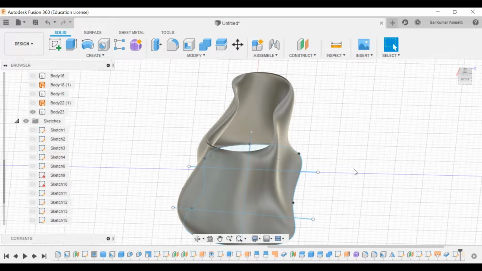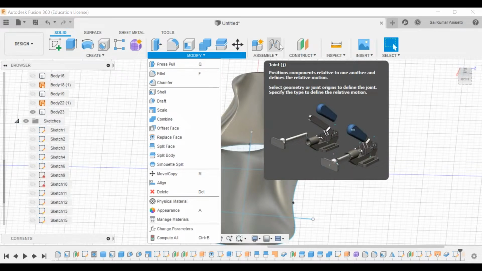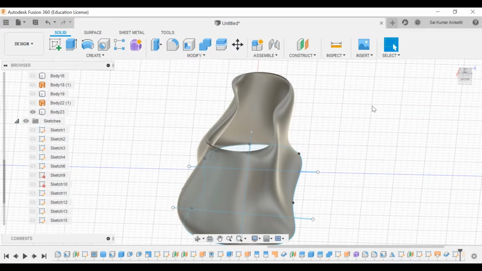My surface topic is vast. I cannot teach it in only 1 week. If I have some more time, I'll go with surface design further. With this, I have completed your create and modify almost. So tomorrow we'll go with create form, your sculpt and the basics of assembly. Okay, so we'll wind up the class here.